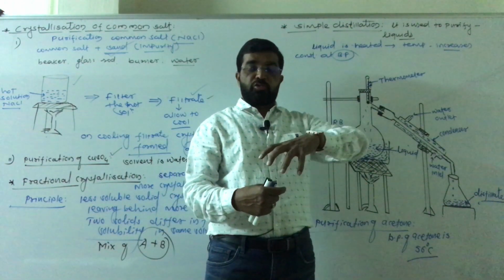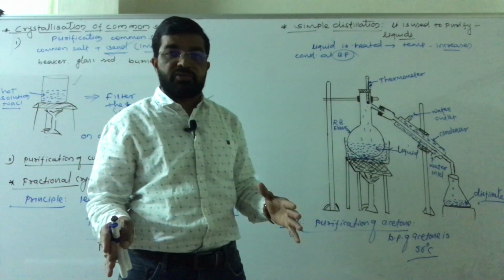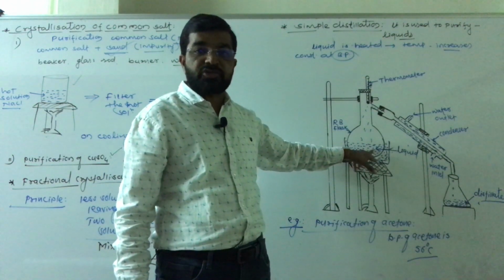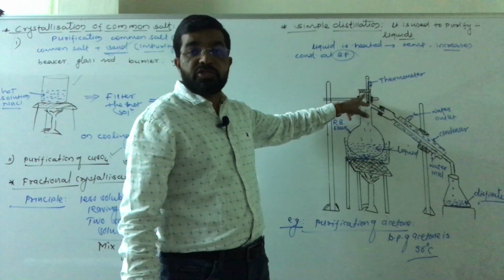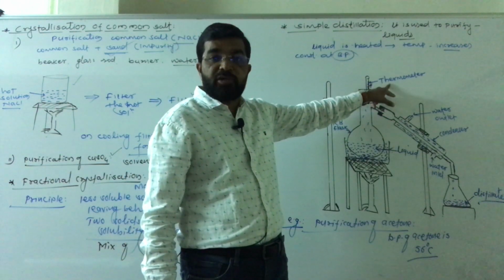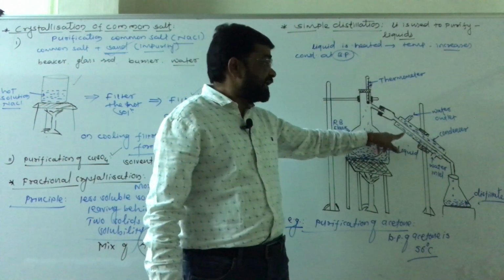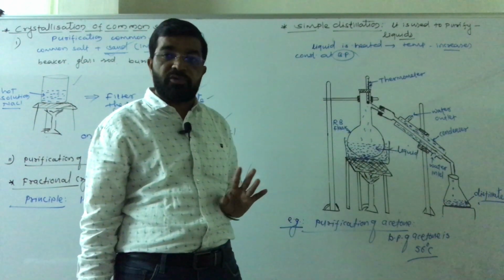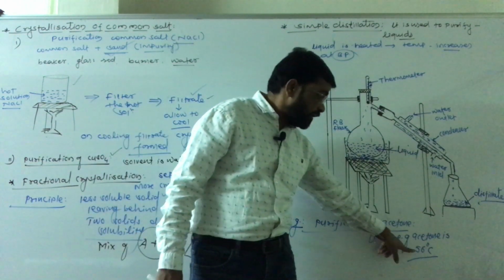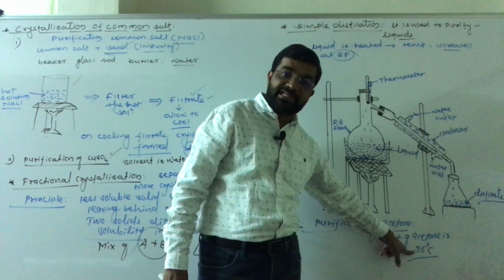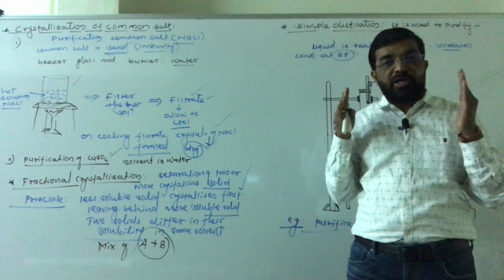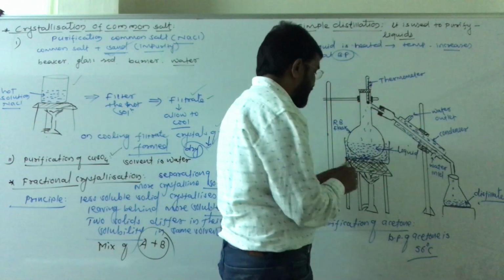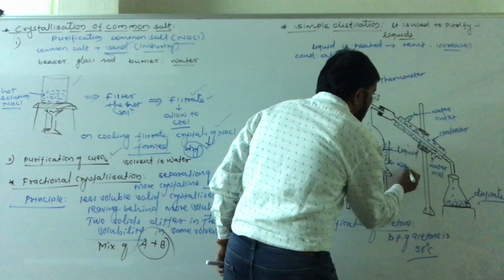Acetone is first of all filtered through filter paper to remove insoluble impurities. Then the filtrate obtained, acetone, is placed in this distillation flask. The distillation flask is fitted with a rubber cork having one thermometer to record the temperature. It is connected to a Liebig's water condenser, and one clean and dry receiver is used to receive the acetone. Okay. The boiling point of acetone is less than 100 degrees Celsius. ज्या लिक्विडचे बॉइलिंग पॉइंट वॉटरच्या बॉइलिंग पॉइंट पेक्षा कमी आहे, then a water bath is used here.